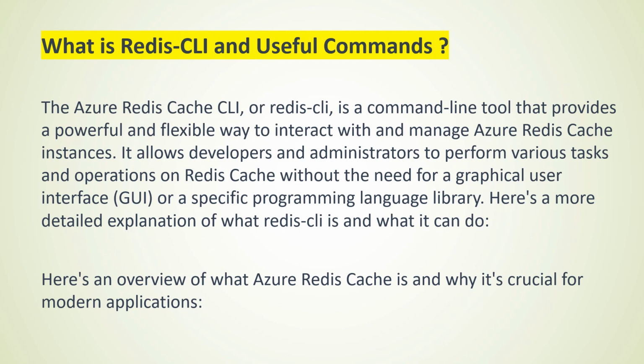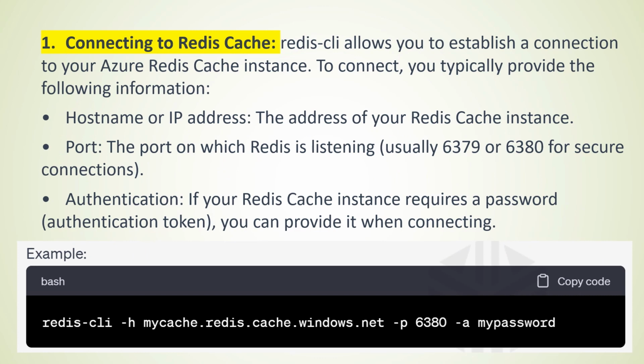Here's an overview of what Azure Redis Cache is and why it's crucial for modern applications. Connecting to Redis Cache. Redis CLI allows you to establish a connection to your Azure Redis Cache instance. To connect, you typically provide the following information: hostname or IP address, the address of your Redis Cache instance; port, the port on which Redis is listening, usually 6379 or 6380 for secure connections;